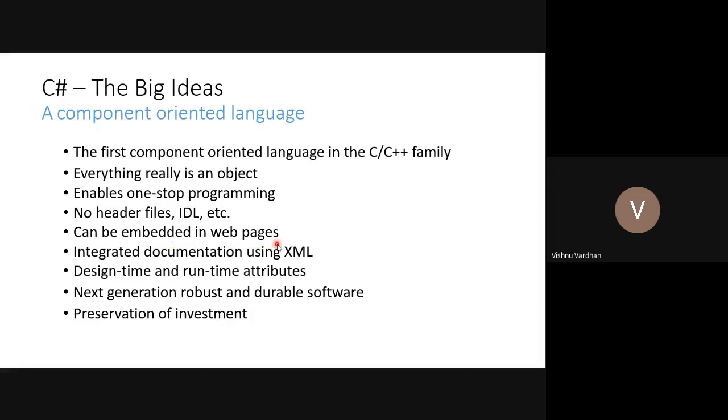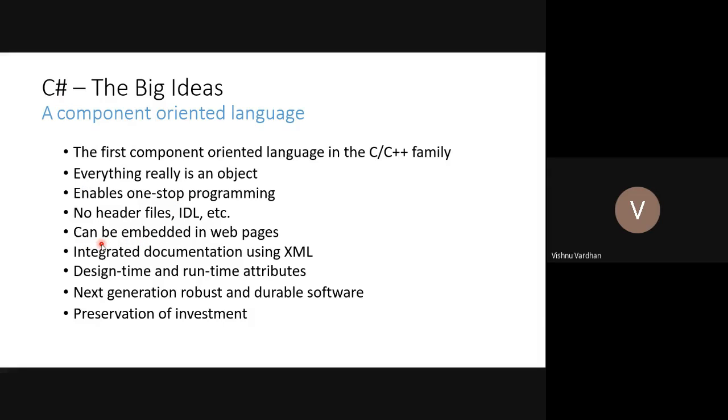Then they can be embedded in web pages. The components actually can be embedded in web pages. When we are talking about components, components need to be given with these kinds of implementations. When the components were first written, they were not objects at all, and they were required to be supported by these extra files. Now, by using C#, all these are not relevant, and the components can simply be embedded in web pages. When you write the programming for any component, you have to write it in C# only.